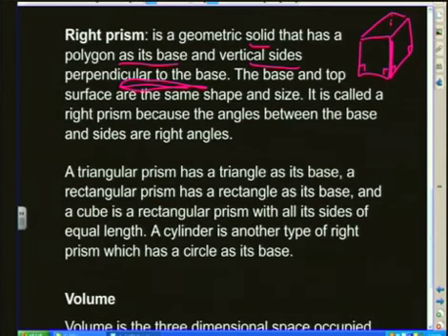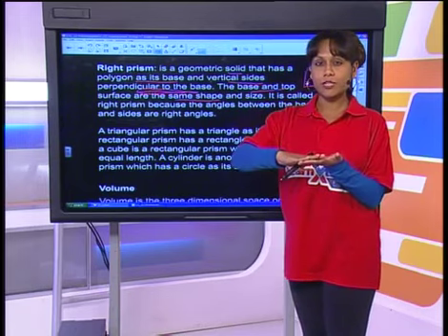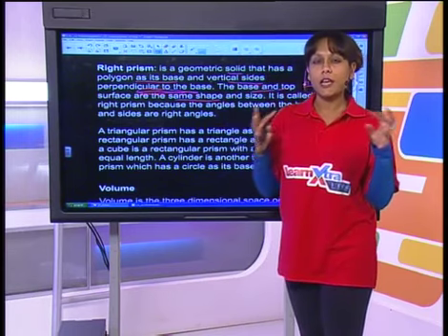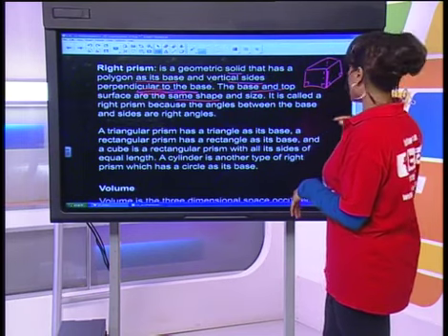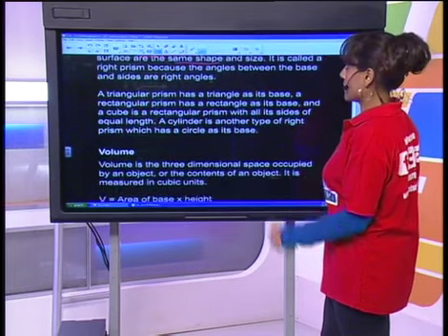And if you draw one going down there, that one would also be perpendicular to the base. Okay? Importantly, the base and the top of the surface are exactly the same shape. So if you were to unfold a rectangular prism, if the base is rectangular, the top is going to be the reflection of that. Both are going to be exactly the same. Okay, and it is called a right prism because the angles between the base and the sides are right angles,